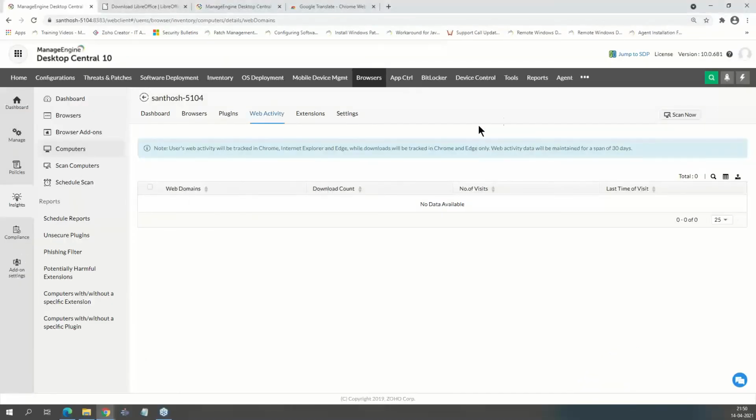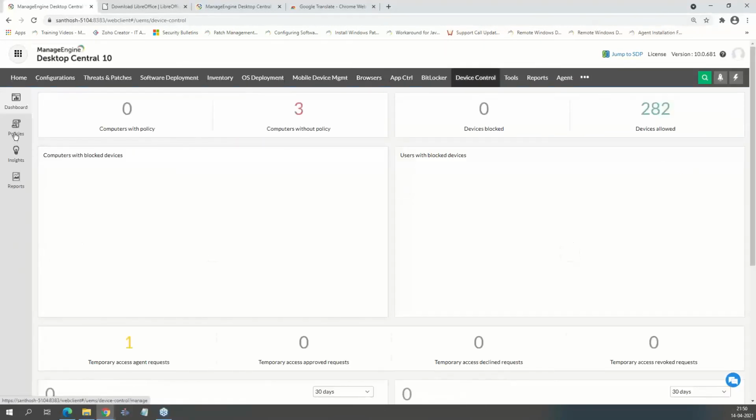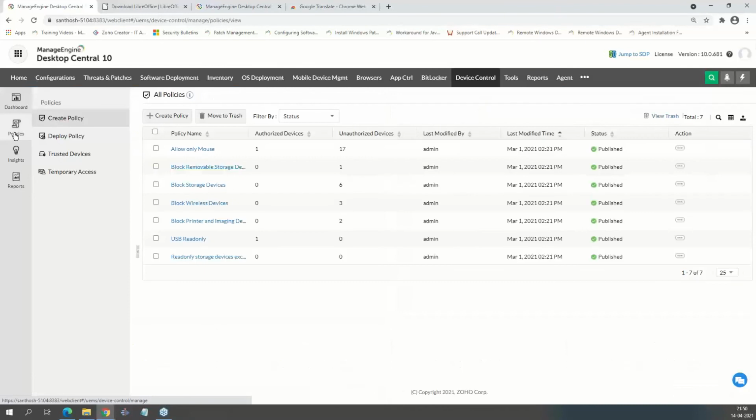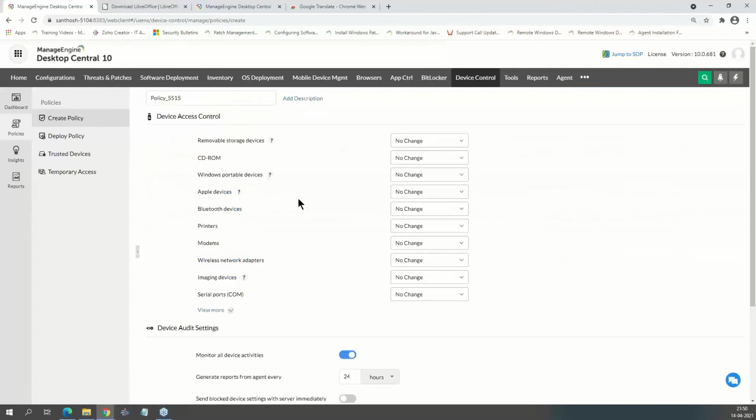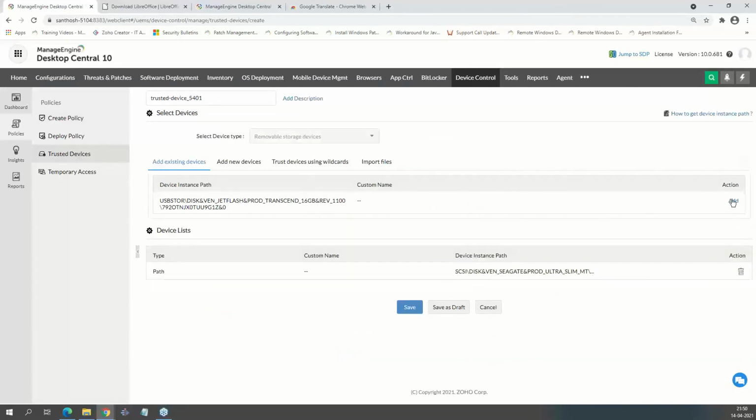So how do I do that? You have device control for USB device management. Again, you do the same thing: you create custom groups and then you create a policy. So I go to the policies here and create a policy. How am I going to manage the devices? Whether I'm going to allow all the USB devices for the group, or block them, or I can say allow only the trusted devices that I have. So I can go to the trusted devices and put in a list of trusted devices that I have